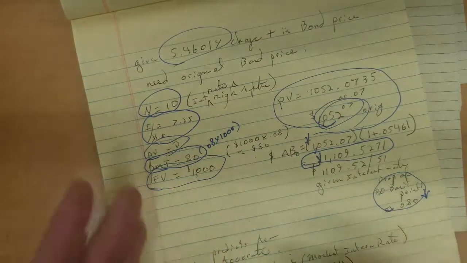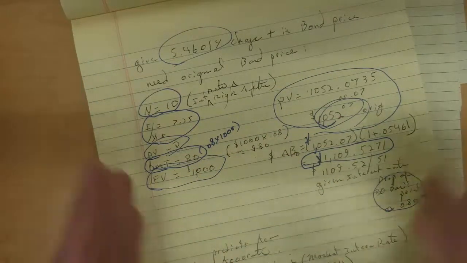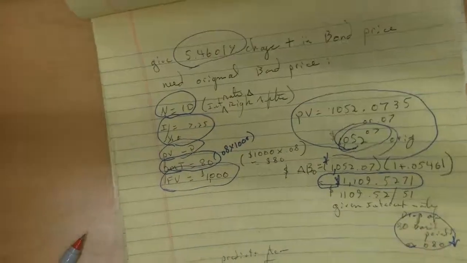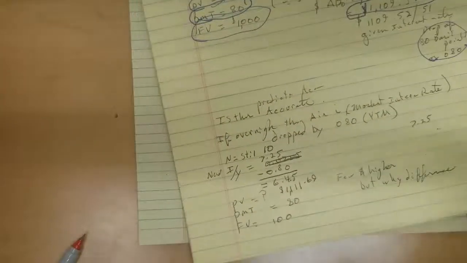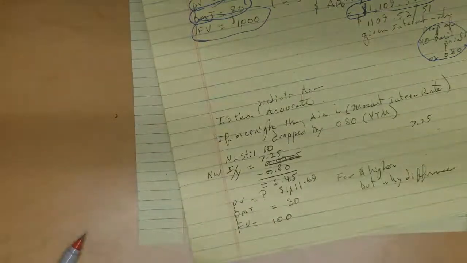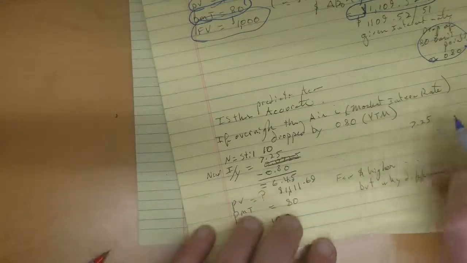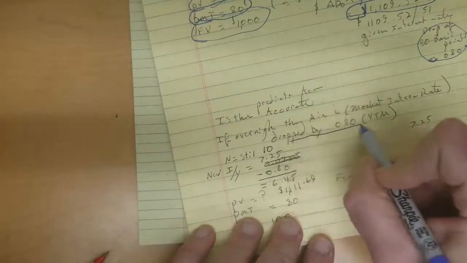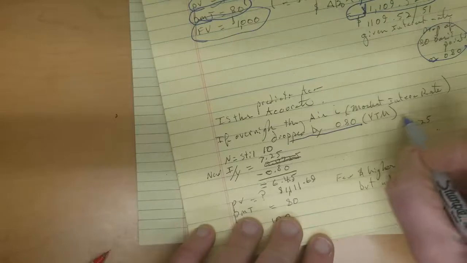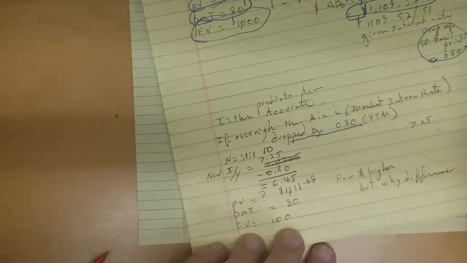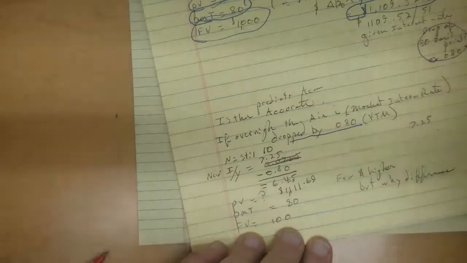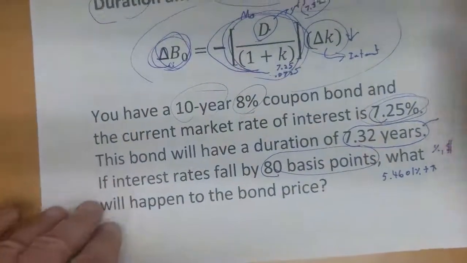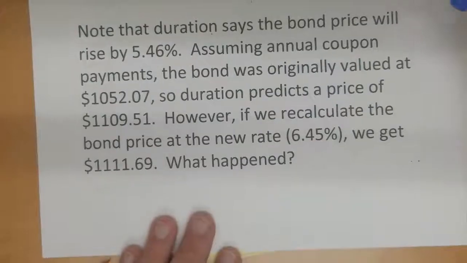So how do we know if this prediction is accurate? And this is how we use duration. Well, one of the ways to check is to imagine overnight that the market interest rate moved on us and it fell or dropped by 0.80 or 80 basis points. Now, how would I calculate that? Again, going back to that same problem,